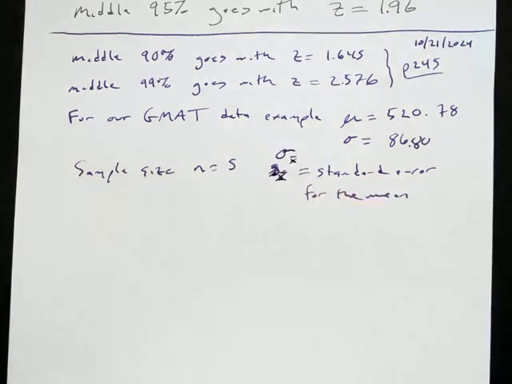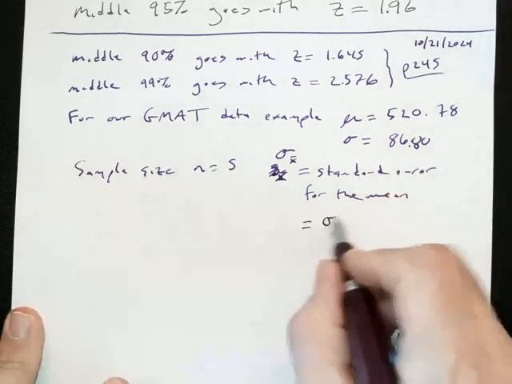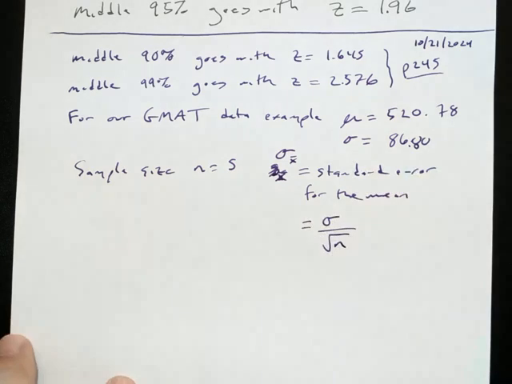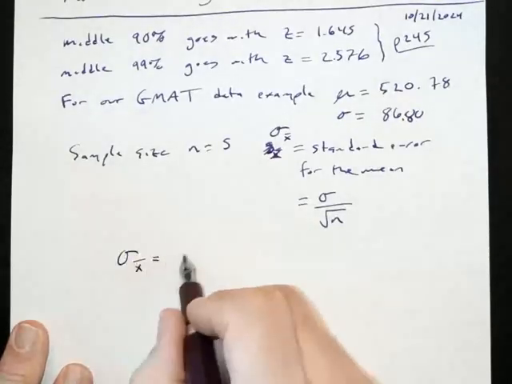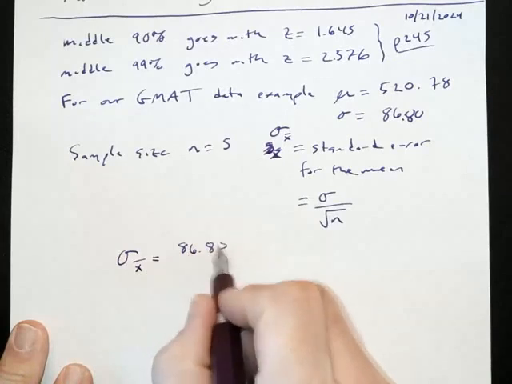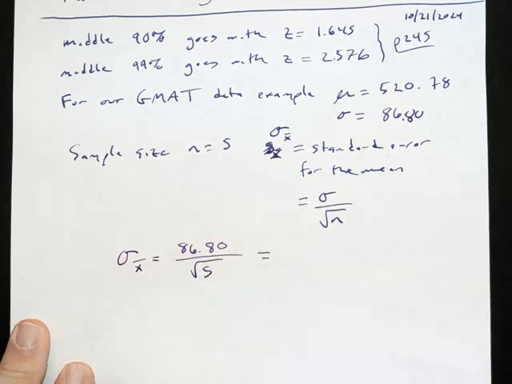Sigma X bar. That is exactly what it is. It is sigma over the square root of n. So for me, with a standard deviation of 86.8 and a sample size of 5, my standard error is